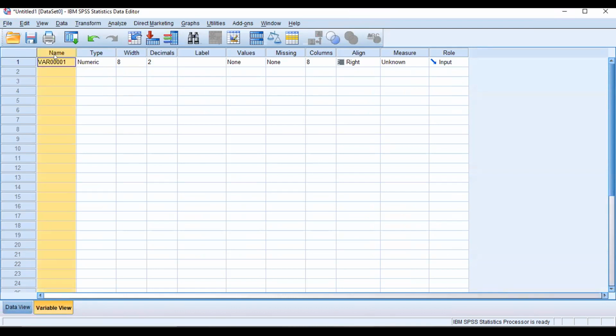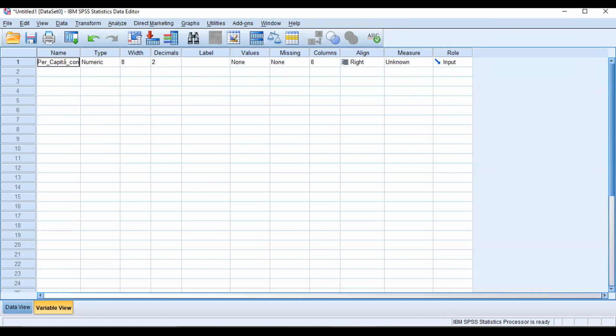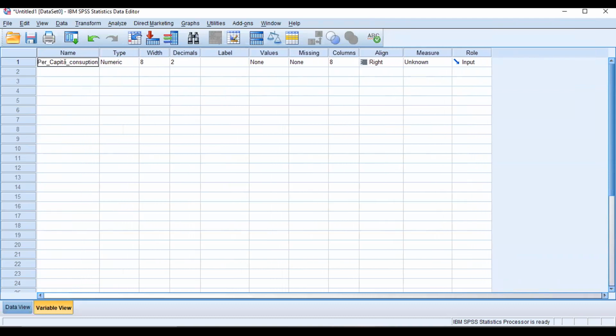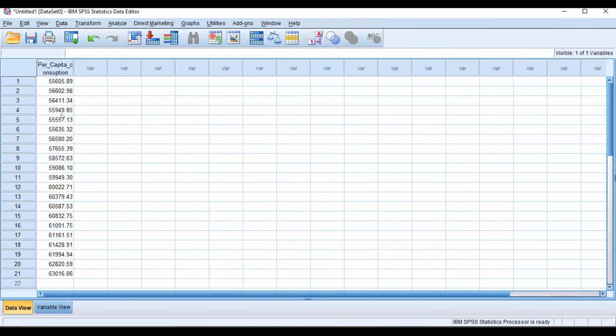It was the per capita consumption. Again, because in Excel I named this variable with a space, that's why it was with the space, since it was already prepared data and not set up for the purpose of avoiding spaces. Otherwise, now you can go to this part, and you have the per capita consumption data set.